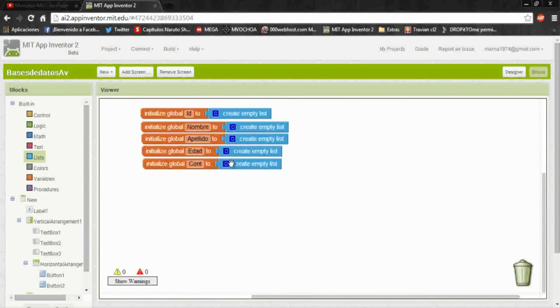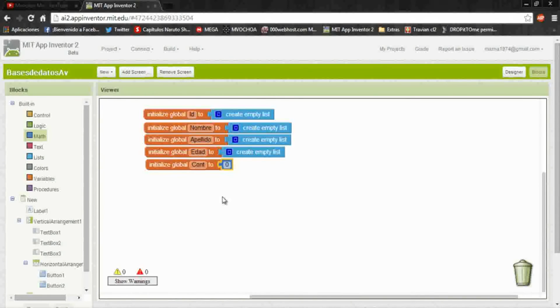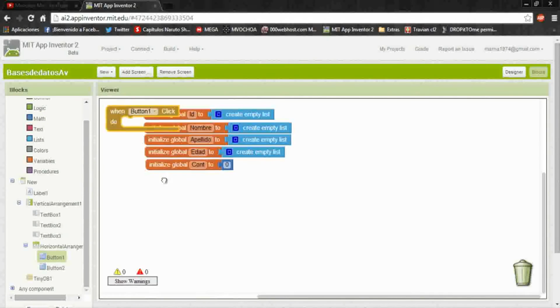We put count, delete this, and put a math 0. Now when button one click,